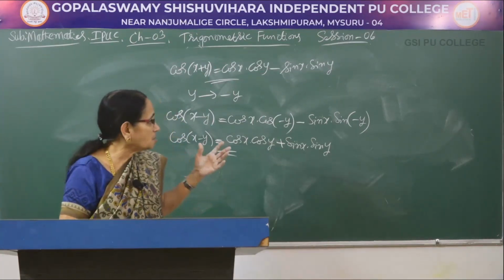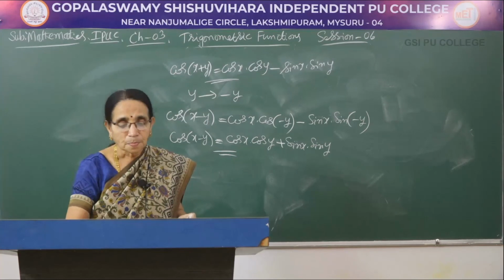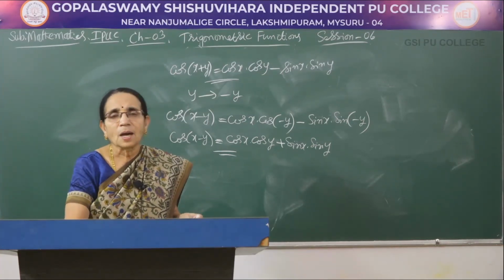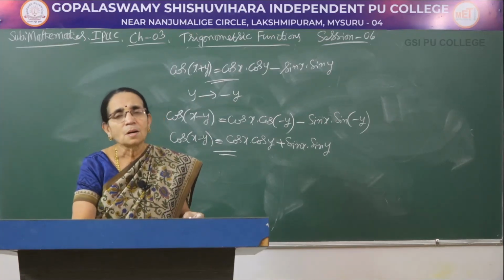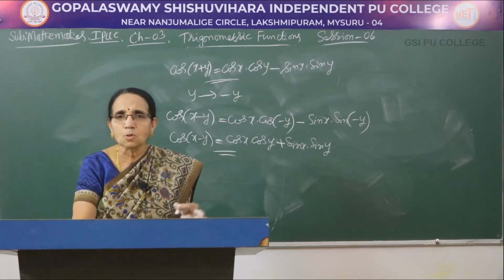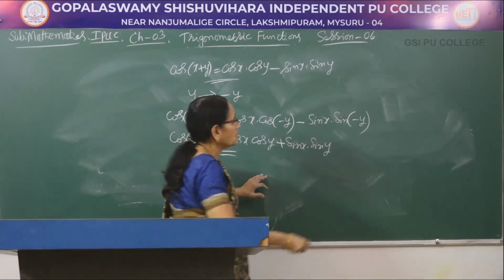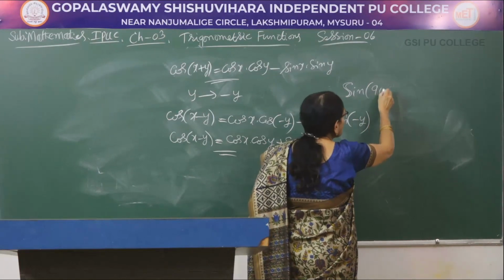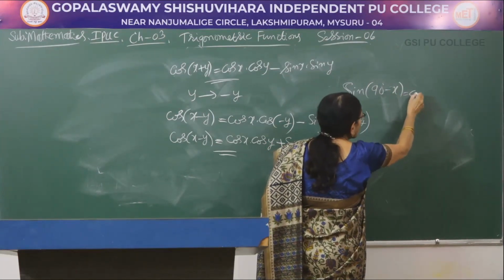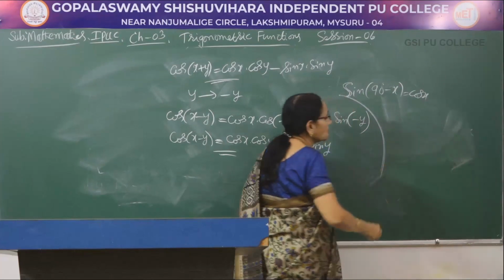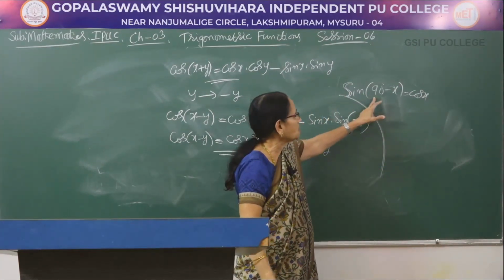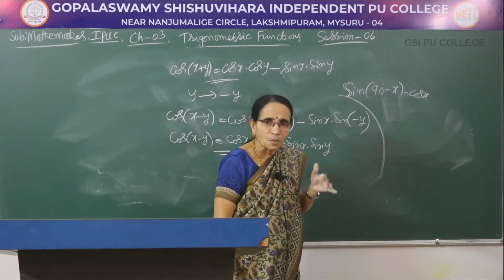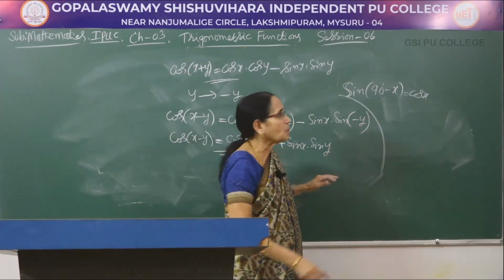Now, using the same thing, see in the previous classes I taught you about the allied angle. If the angle is expressed as 90 plus or minus theta, function will be changed over to co-function, that is sin of 90 minus x, you know that you can write it as cos x, isn't it? I have taught you about this one. When you use 90, function will be changed over to co-function. 90 minus something means it is in the first quadrant, so all the ratios are positive.